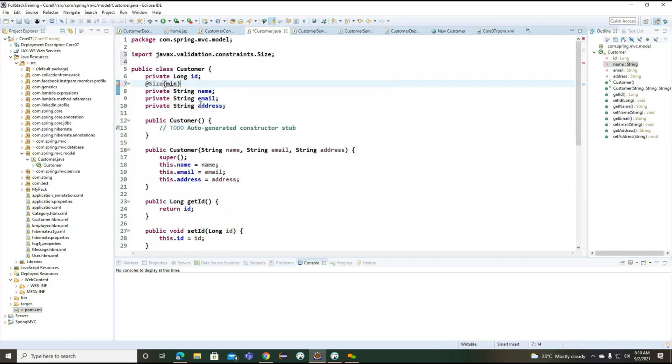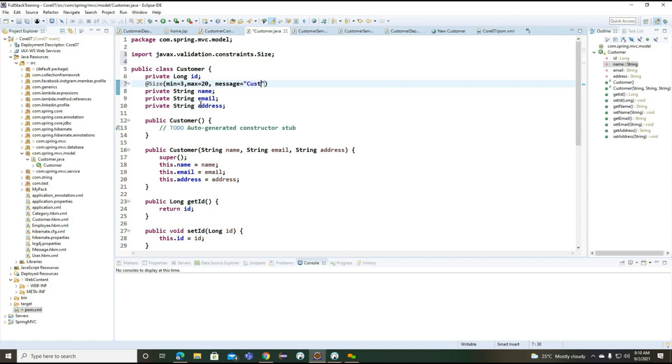Size here, for name we can provide minimum 3 and maximum 20, based on the column size. Getting the point? So we can provide it here, and we need to provide the message here. So what is the message we want to provide?